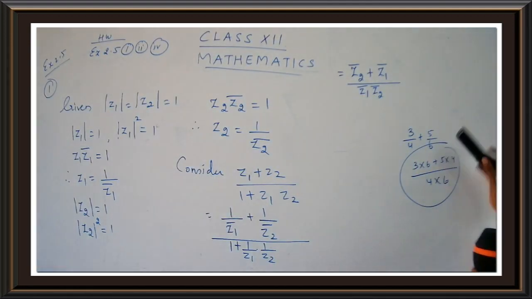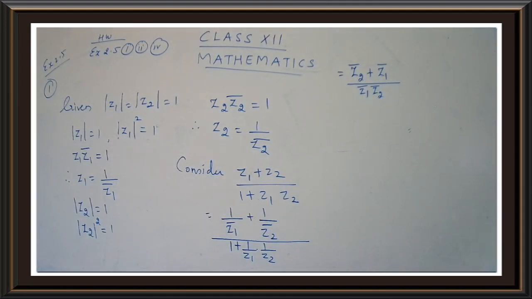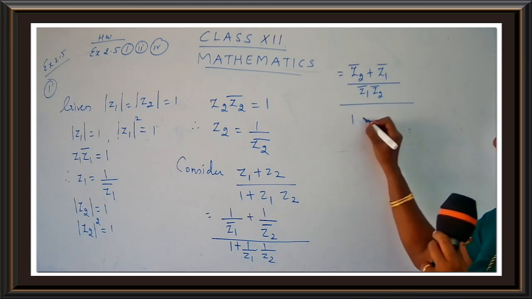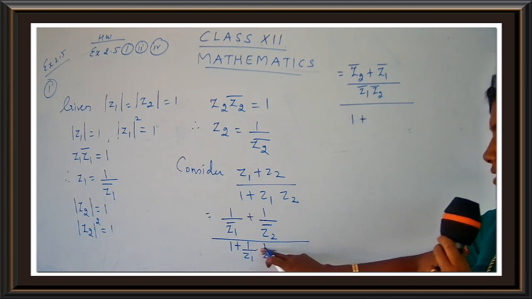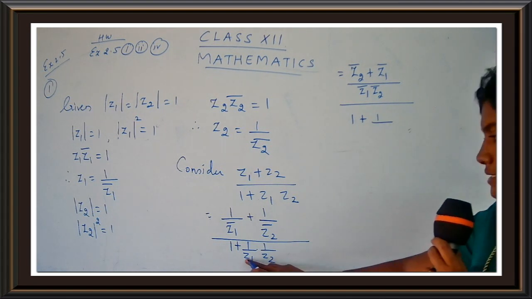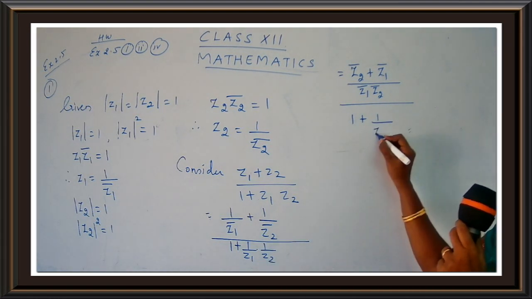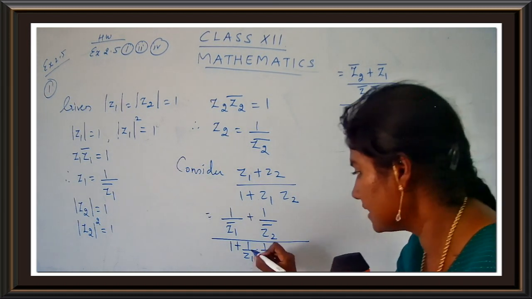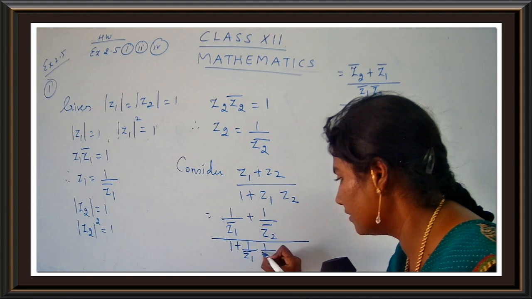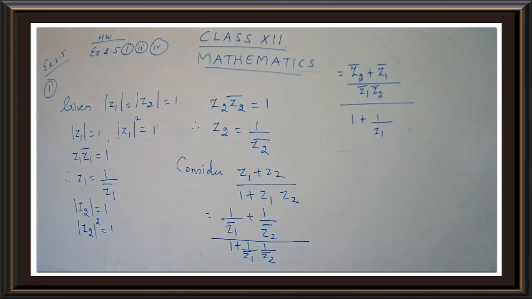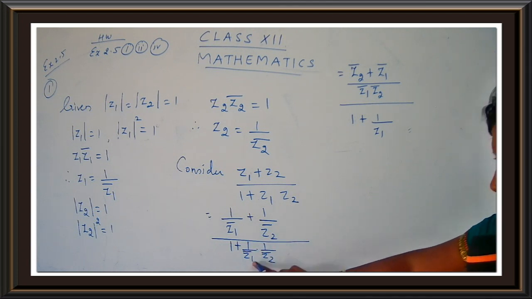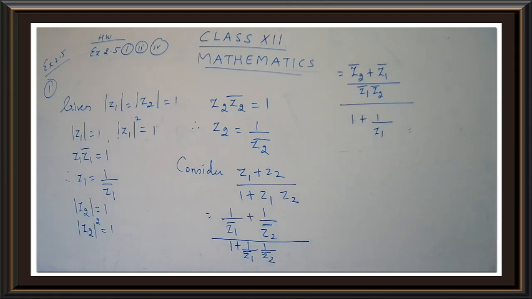Upon. This is 1 plus 1 into 1, 1 upon Z1 into Z2, Z1 bar. Yeah, children, here it's a bar. Yes, I missed the bar. Please insert the bar. Yeah, we have to write the value for Z1 and Z2. Yes, so 1 upon Z1 bar and 1 upon Z2 bar. Insert the bar, children, the conjugate there. So you get 1 upon Z1 bar, Z2 bar.